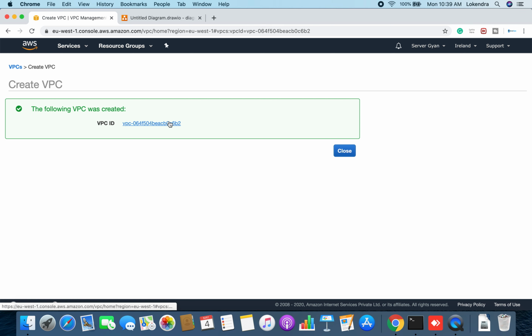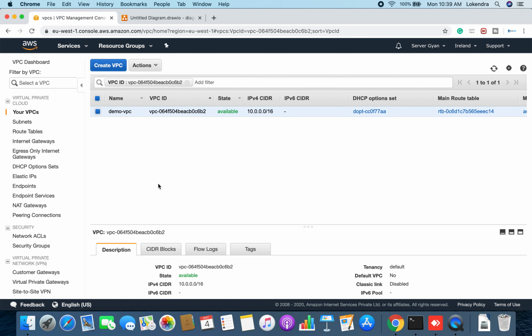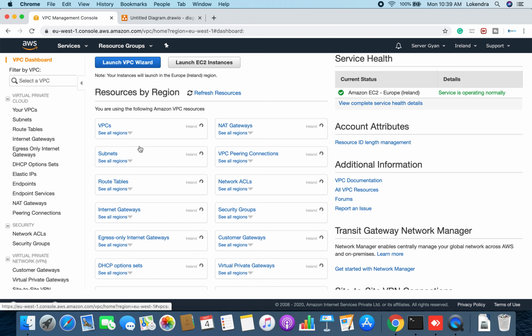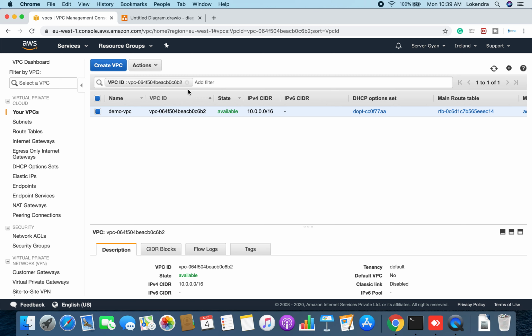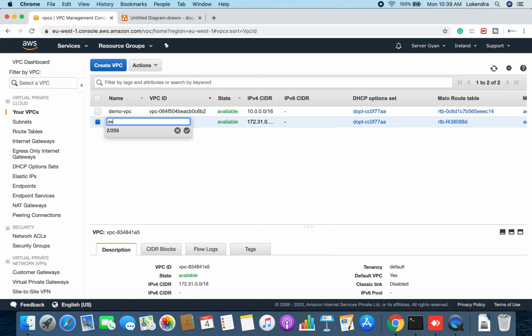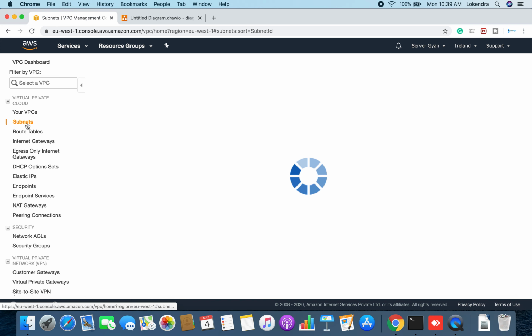As soon as I create this VPC, a couple of things are created alongside it. What are the things which are created? If I go to my VPC dashboard now, I will be able to see that 2 VPCs are there, 3 subnets are there. It means no new subnets are created. 2 NACLs are there. It means one network ACL is created for me. Then one route table is also created. So if I go to my VPC, I can see that 2 VPCs are created here. The first is my VPC, and the second one is the default VPC, which is created by default. Let me name it default.